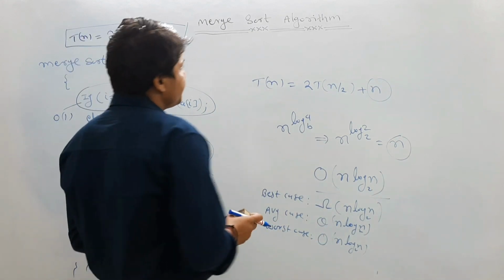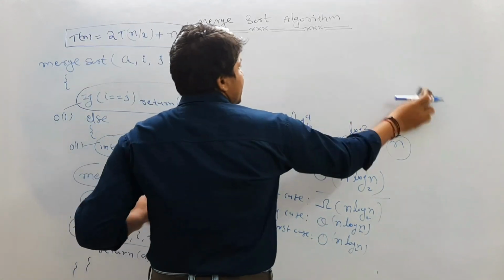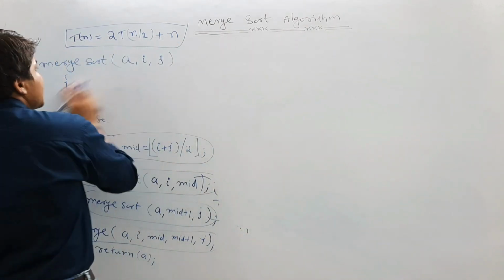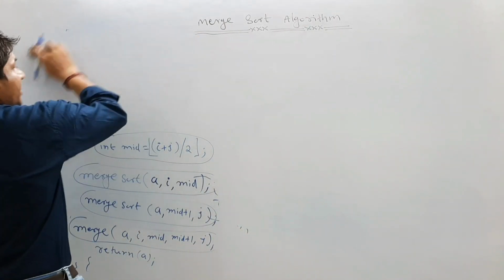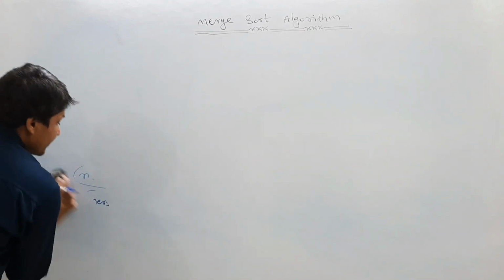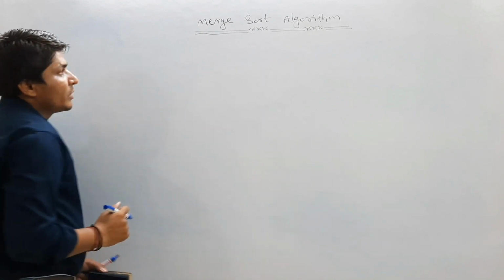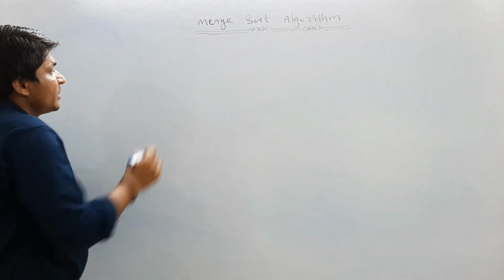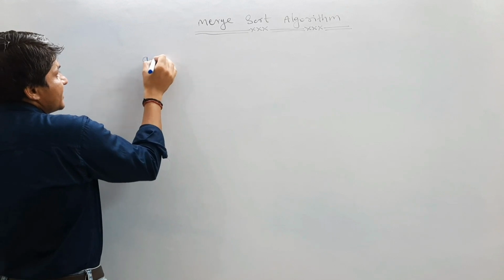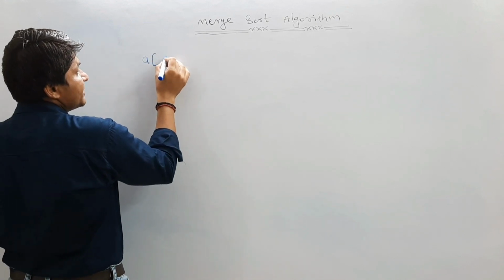So let me discuss some more points about merge sort. Let us assume how this merge sort is going to be executed. Now we will take one example and we will see how it is going to be executed. From the starting of this lecture, we have taken one example. Let's suppose I am taking that example now. So let's say now we are having some elements in this array.